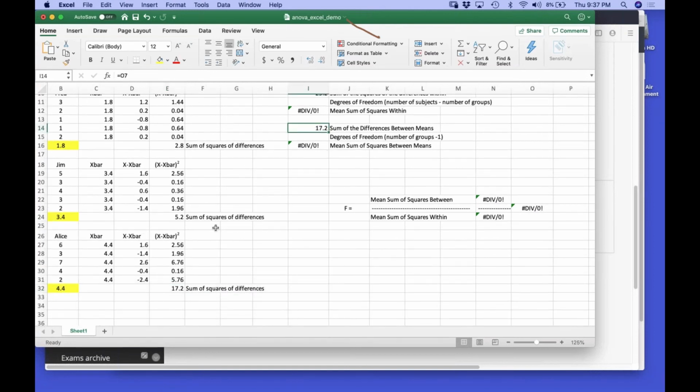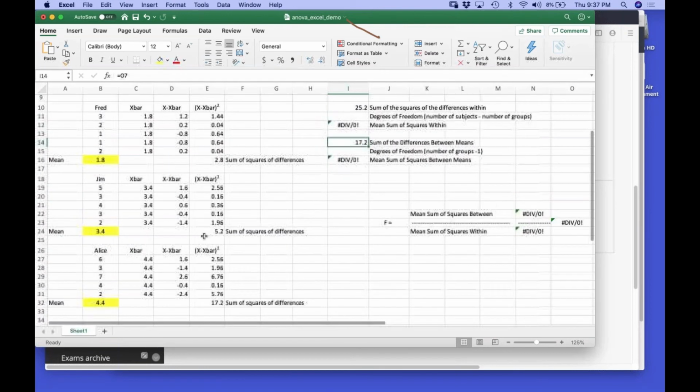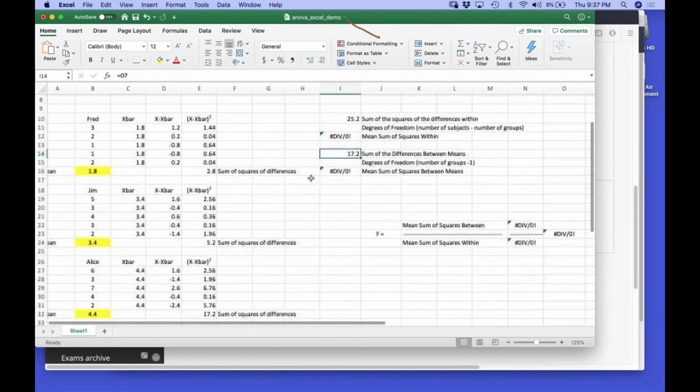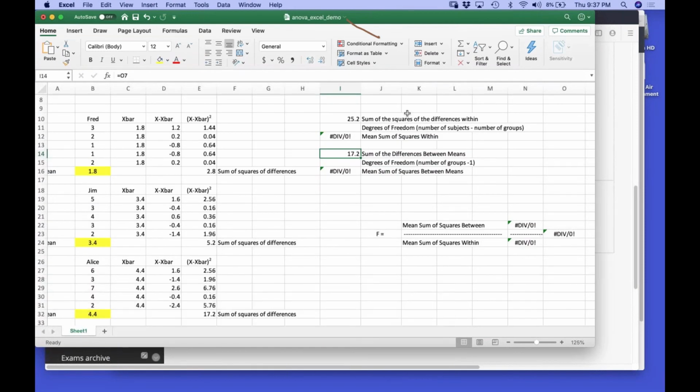Wait a second here. The sum of the squares... okay, hang on. Sum of the squares of the differences between the means. Somebody waved their arms. There we go. Okay, so this is going to be equal to, I think it's going to be equal